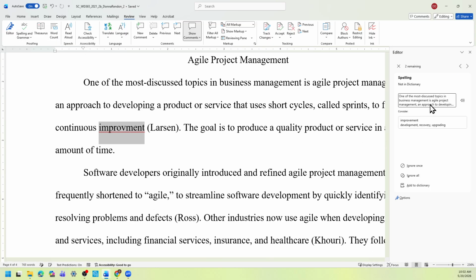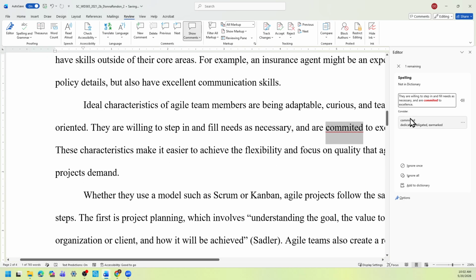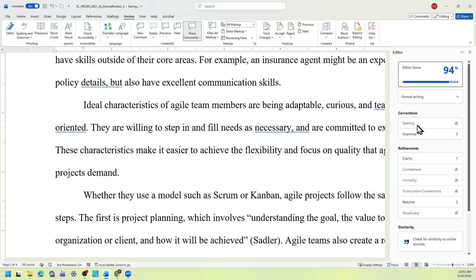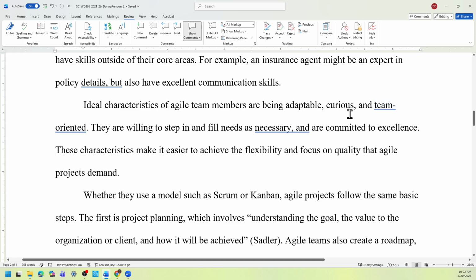Okay, and then it says we're going to ignore the grammar and names. So the first word, committed, and the second word, and the spelling are all checked off. So that's all we're going to do, because we're going to ignore grammar as well. So close that, and that's the end of your assignment.